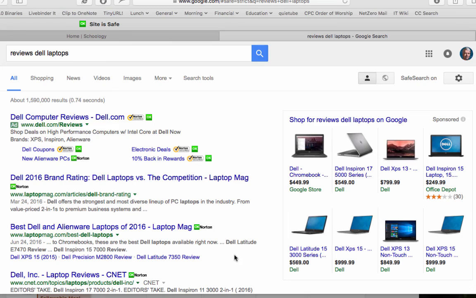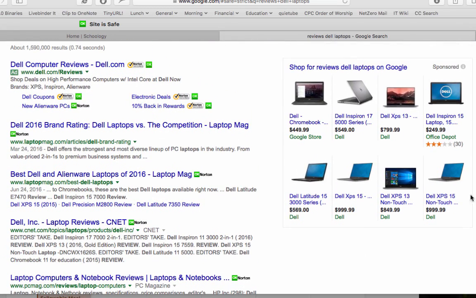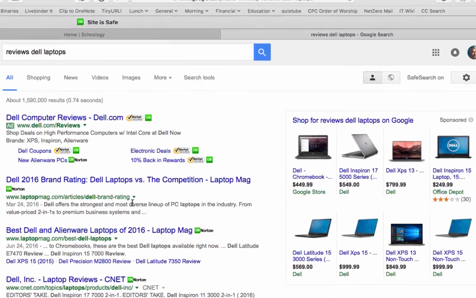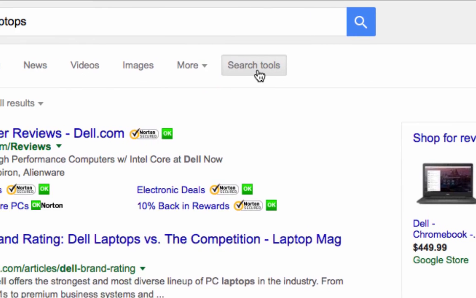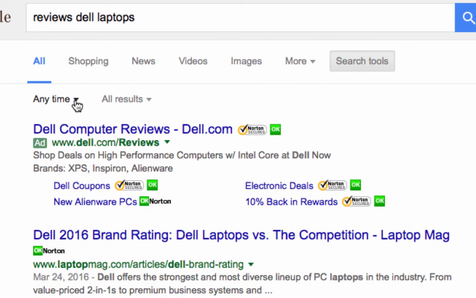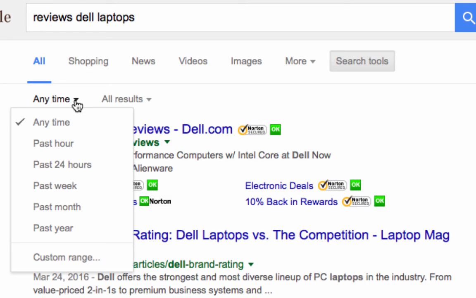And I can just search for reviews of Dell laptops. But as you look down through here, some of these might be for models that are no longer made. If I just want current models, I can narrow my search here. If I click on Search Tools, I can go down here anytime. Instead of looking at all results from any time, I can click that and I can find results just from the last month or the last year. If I'm looking for the most current reviews of the most current Dell laptops, if I go to past month,